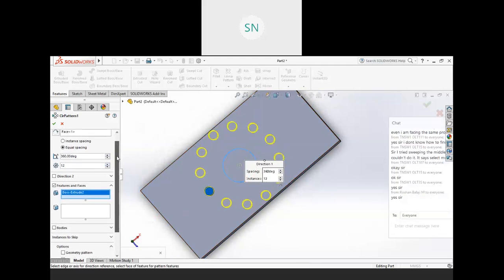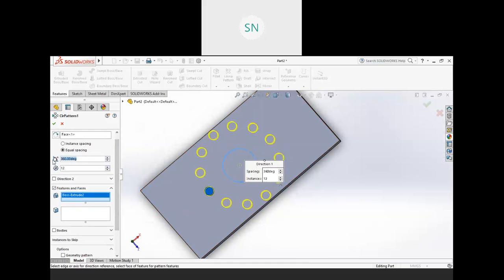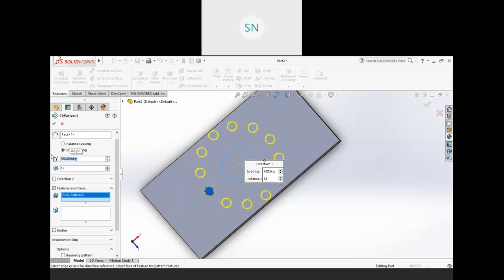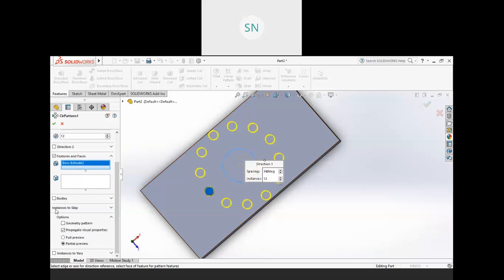You can increase the number of copies. You can provide the angle, like if I want copies in 180 degrees or 270 degrees. If I want copies from this side, you can change your direction also. So these are the options we have. Let me go with the 360 degree full round, and also we have an option for skip.